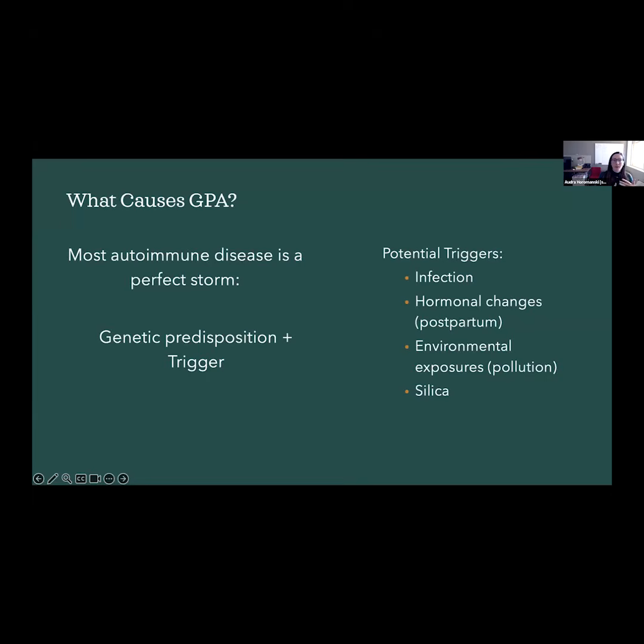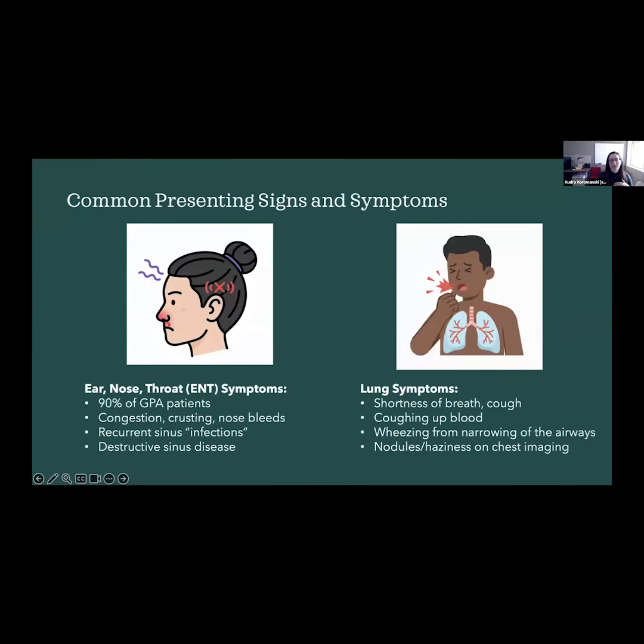There's definitely things like environmental exposures, which are growing in interest in their implication in triggering of autoimmune diseases. So things like wildfire smoke or pollution, for example. Especially in more common autoimmune diseases, there's some quite robust data for the association there. And then some very specific exposures, things like silica, for example, have a high association with autoimmunity.